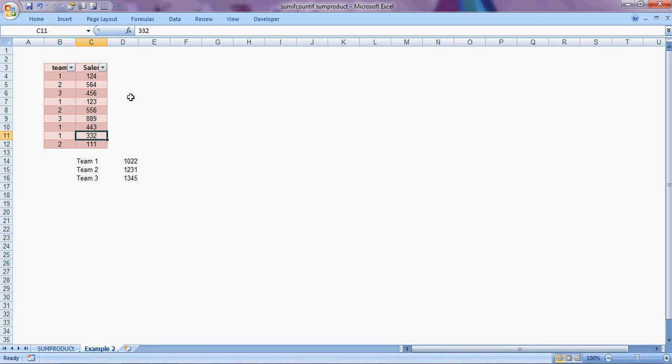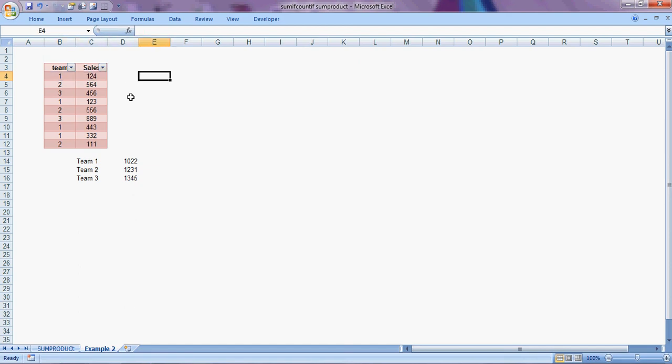The same is the case with these. This 564, the sales which has happened, belongs to team 2. That means a salesperson from team 2 has done this sale. Again it belongs to team 2, and again the same team 2. Now if we want team-wise sales, like the total of sales done by team 1.